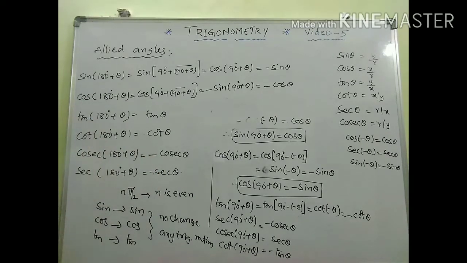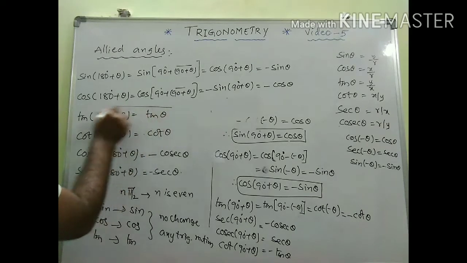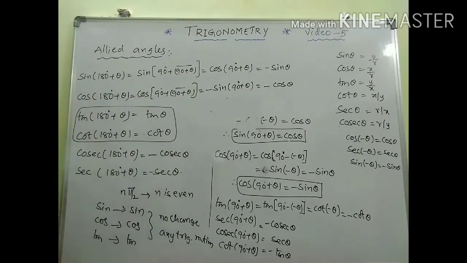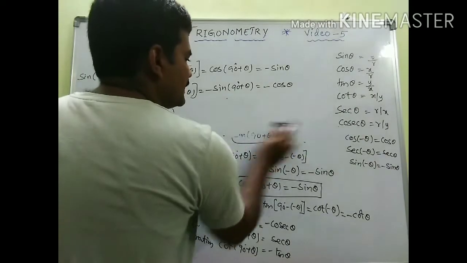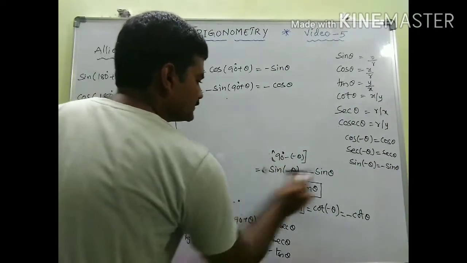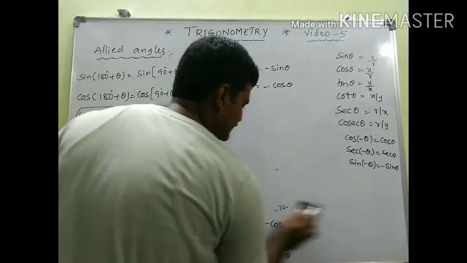But my dear, if you observe clearly, only these two are positive here. Only these two are positive and rest of them are negative. So let me give you the proofs first of all. Okay. After that there is a shortcut to remember all these things. Okay. Now in the same manner, please check it about 180 minus theta.